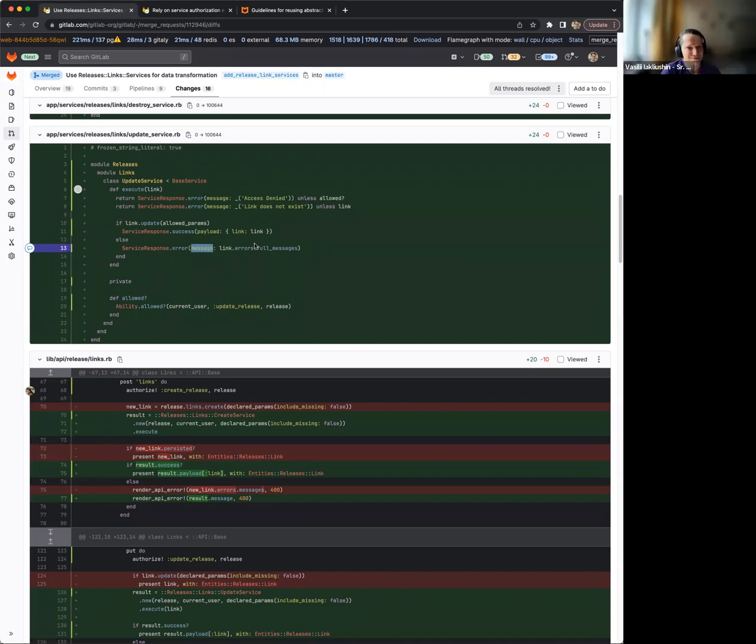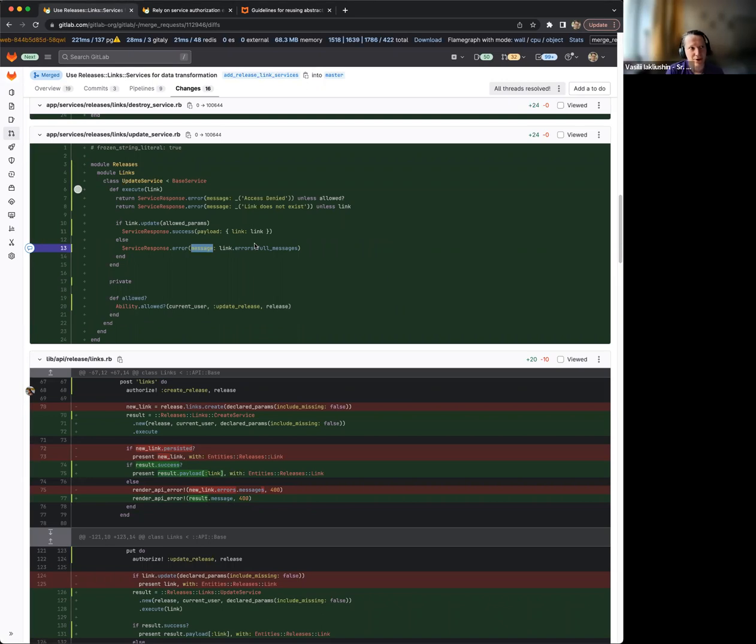Okay. Unrelated question. The syntax here with the underscore, like you've got access denied. So I'm assuming that's translations, right? Yeah, correct. So I've seen these files, the POT files. What is that and how does it work? Because I haven't used that before. I think this POT, it's a specific format